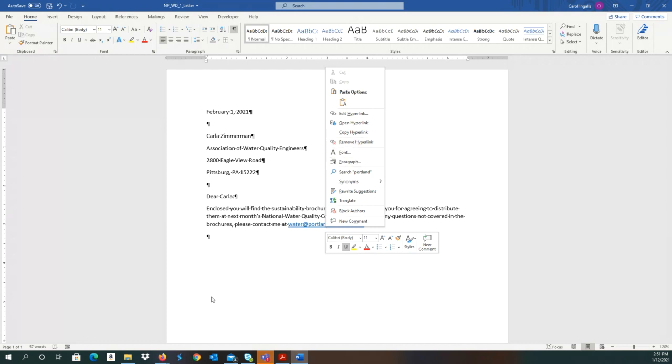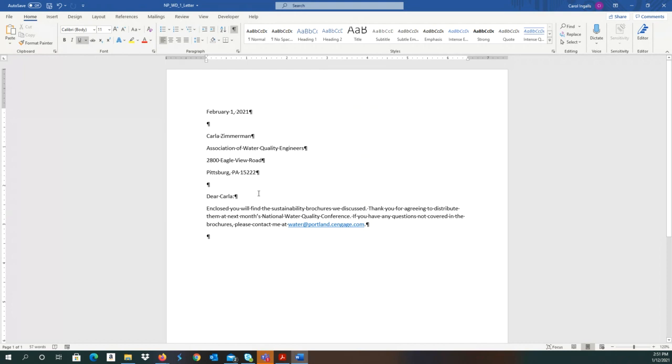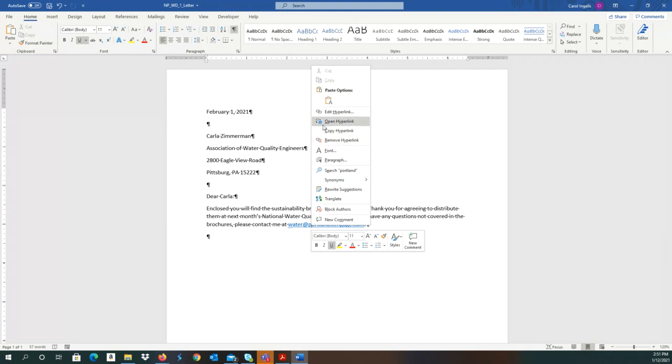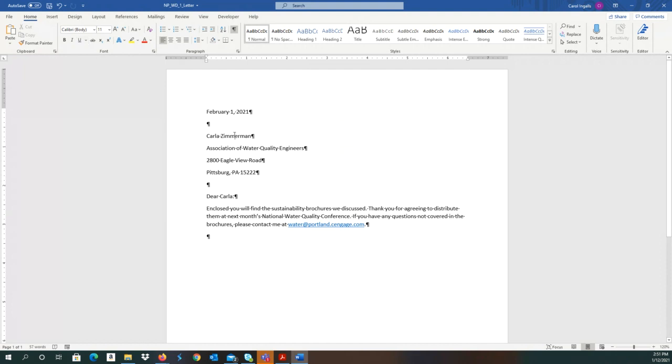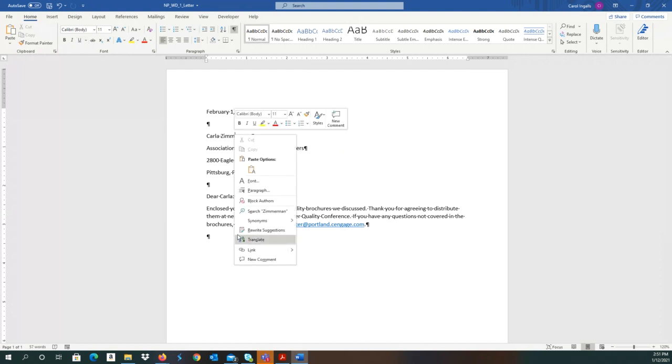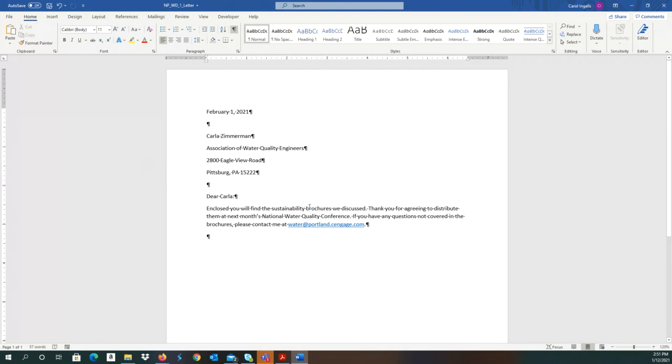You can right-click many items in the Word window to display a shortcut menu with commands that are related to what you right-clicked. So since this was a hyperlink that we right-clicked, okay, we get options that are related to hyperlinks. If I come over here and I right-click in Zimmerman's name, you don't see the things that are related to hyperlinks because it recognizes it as not being one. So sometimes those options appear and sometimes they don't. It just depends on what you're clicked on. And you've got to be careful with that as you go through. So if we go and we right-click